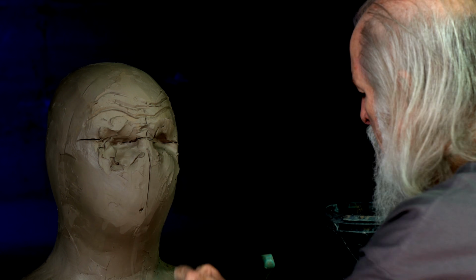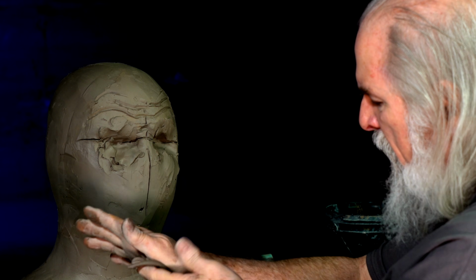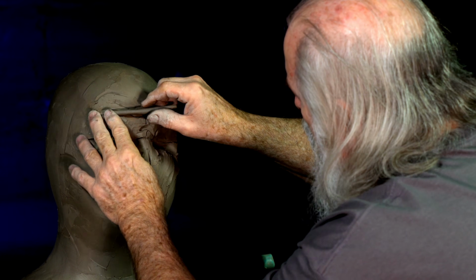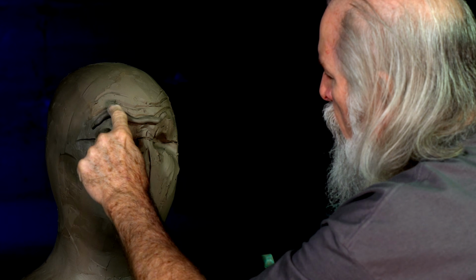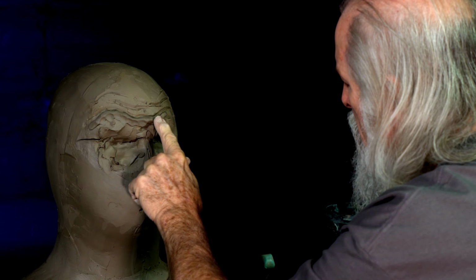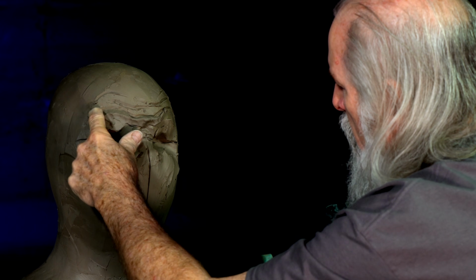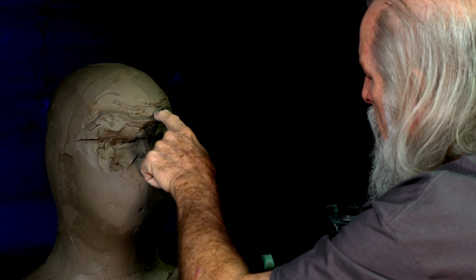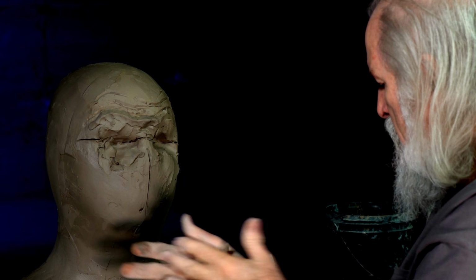Now you can just simply cut in and then smooth out, but I like to give it a little punch where the skin is folding and bunching up, basically. So I'm just using the lines I drew as a template. Now we'll come back in and strengthen these lines that I've carved in, but this is actually going to be mushed down a lot, and that's one of the tricks that I use to create a very quick, organic